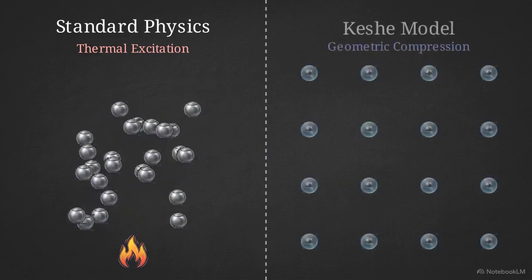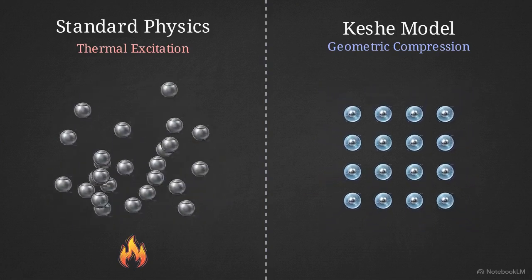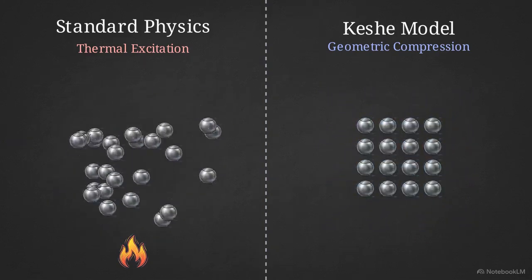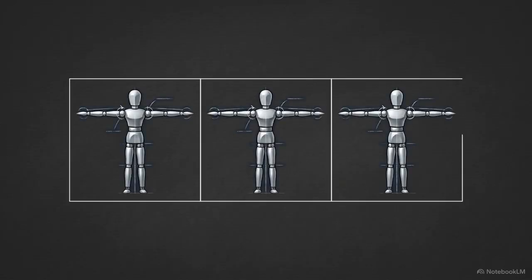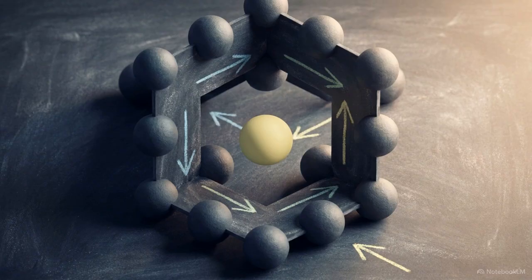But in the Keshe model, seen on the right, the transition from plasma to matter is dictated purely by spatial geometry, the physical distance between microscopic elements. Miran Keshe originally explained this using an anthropomorphic analogy of children standing in a schoolyard with their arms outstretched. We can reconstruct that thought experiment into a strict kinematic lattice model. Establishing this precise geometric baseline is the only way to test the structural logic behind his claims regarding zero-resistance superconductivity.